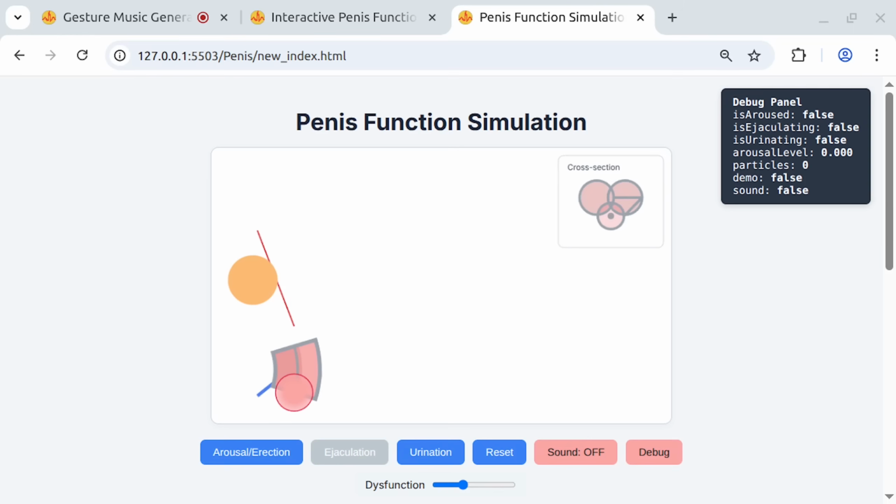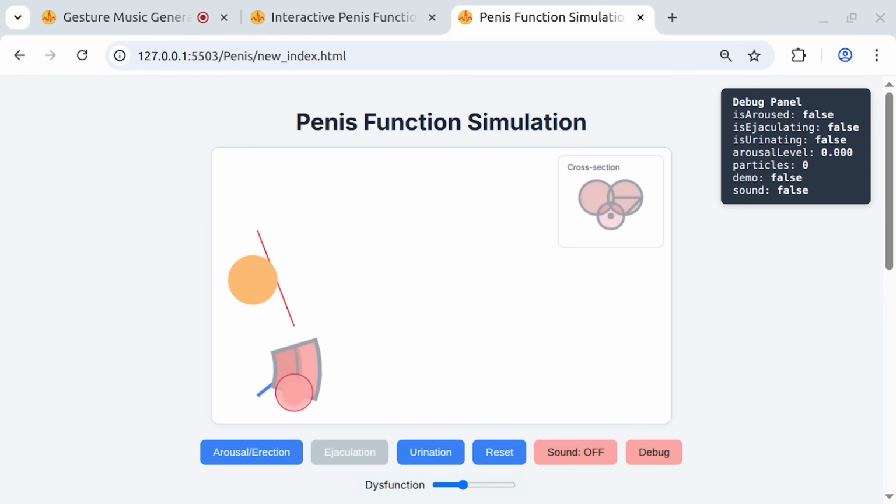Why the urine looks like this? Flaccid state physics. When the penis is flaccid, the shaft points downward and is less rigid. The code intentionally makes the urine stream slower, with a lower initial speed, so particles don't shoot far. More downward, a downward angle bias is added, so the stream falls almost vertically. Wider spread, the stream is less focused, with more random jitter, to simulate the less controlled flow of a